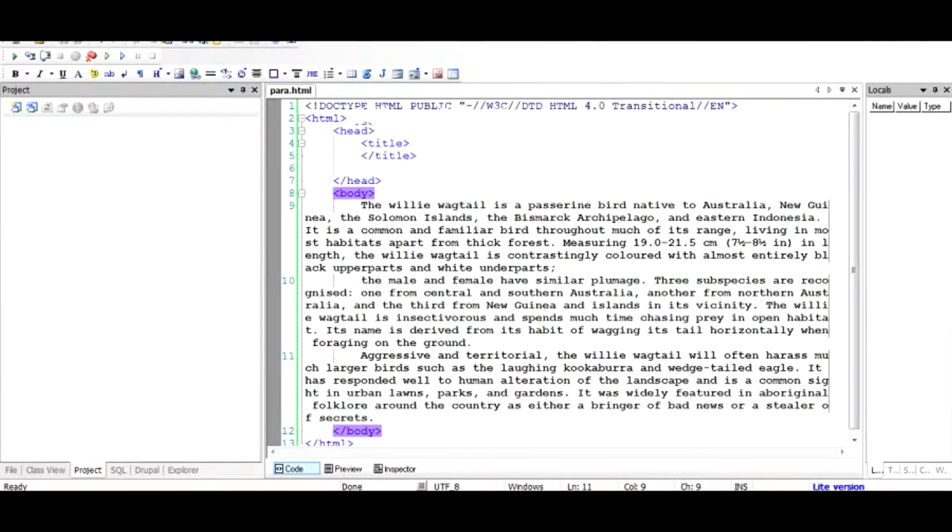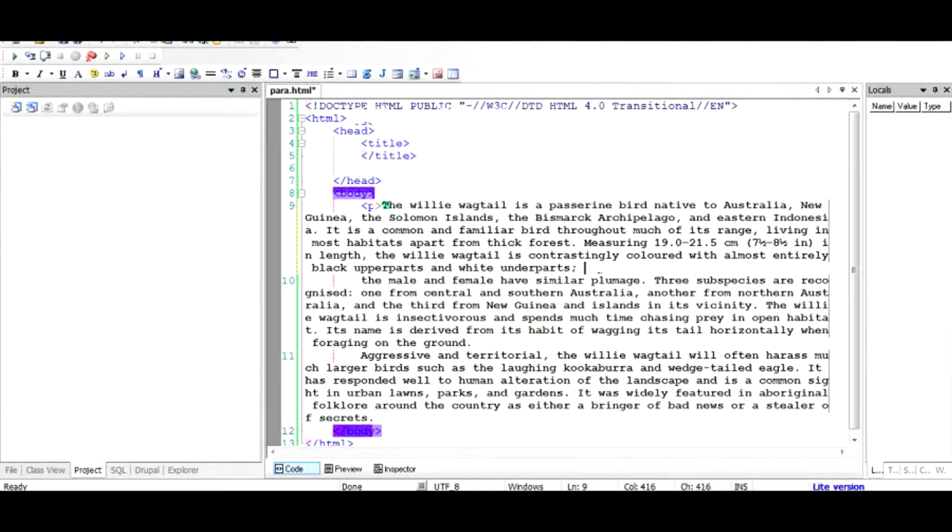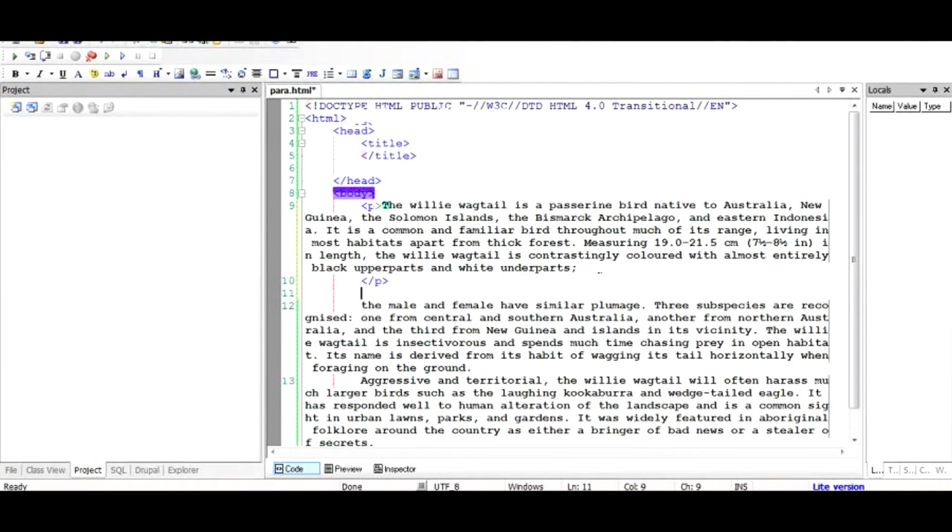To do that, we add paragraph tags to it. So for example, we add p. The paragraph tag starts with a p in angle brackets and ends with a slash p. Wherever we want to introduce paragraphs, we just add p and slash p like this, and then we add one more p here, and copy this slash p right here.